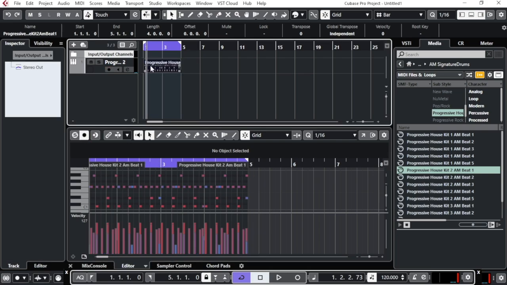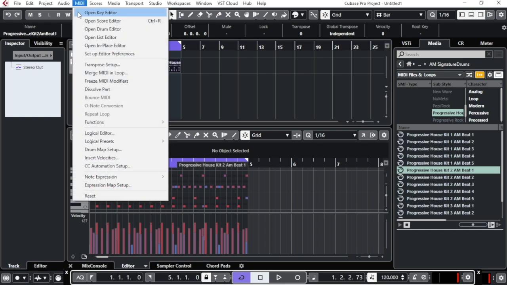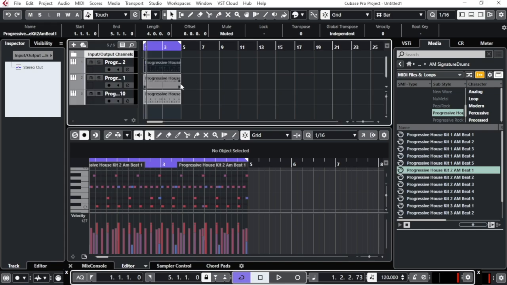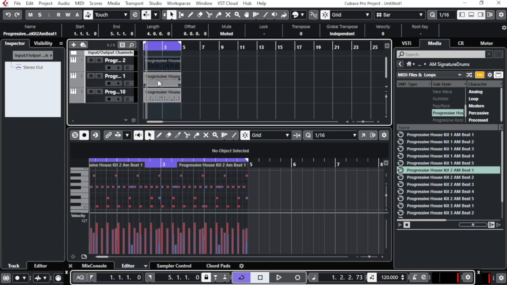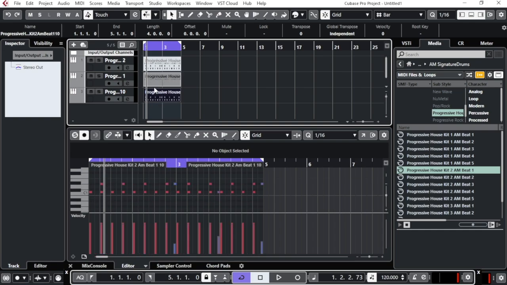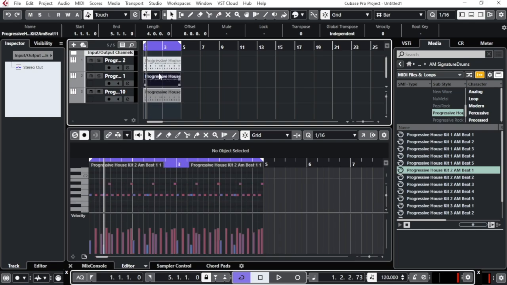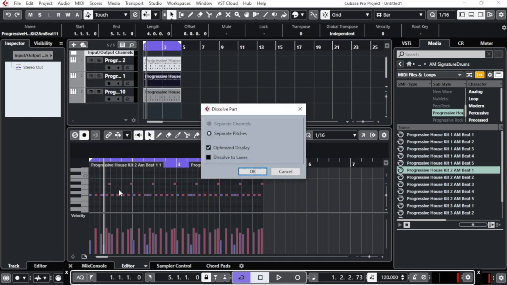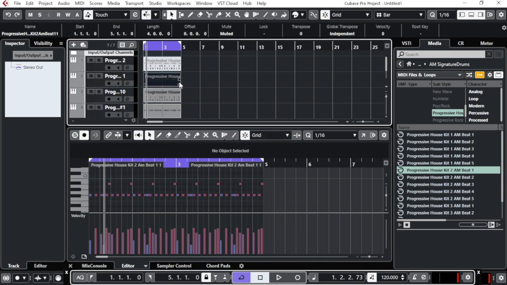The first thing I will do is make sure I have more freedom to work on each sound separately. I'll click on it and I will go to MIDI and I will dissolve all the parts to have different parts of each sound. As you can see here, I have two parts and here I have other two parts. If it doesn't dissolve everything at the same time, sometimes it happens, I never understood why. But let's say again, I'll go to MIDI and I dissolve again these two